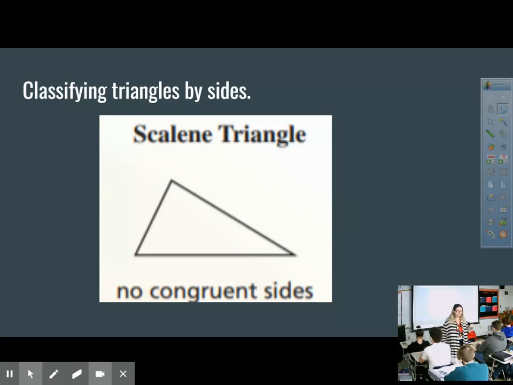Now look over there at those top 3 triangles. Which of those would you say would be scalene? The first one. So you need to label that first triangle a scalene triangle. None of the 3 sides are the same length. Alright, the next type of triangle